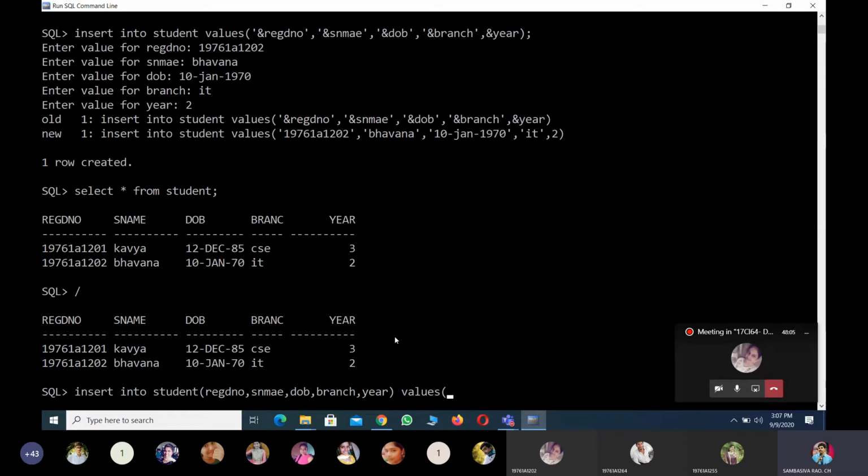Here I am specifying the student register number 19761A1203. This is the third student. The name of roll number 3? Bindu, sir. Bindu's date of birth I am taking as today's date only.